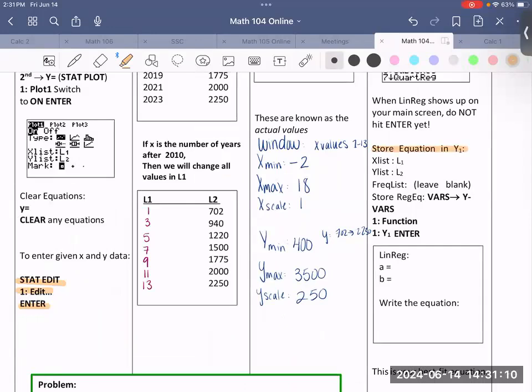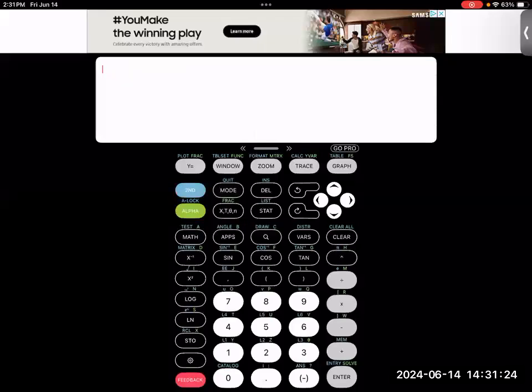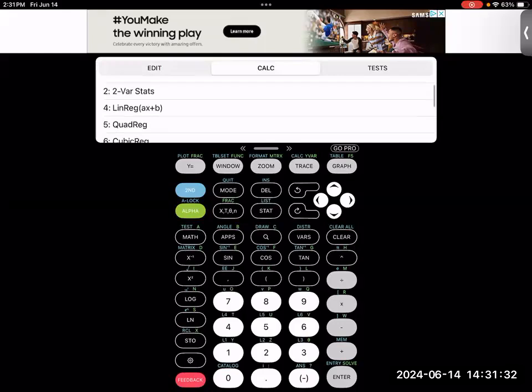We don't want to have to enter this long equation that you might be seeing here soon, by hitting Vars, Y-Vars, Function, and Y1. So let's go ahead and start with a cleared screen. Just by hitting 2nd, Mode, that's where I like to start. So hitting Stat, Calc from above, and going all the way down to number 4, where it says